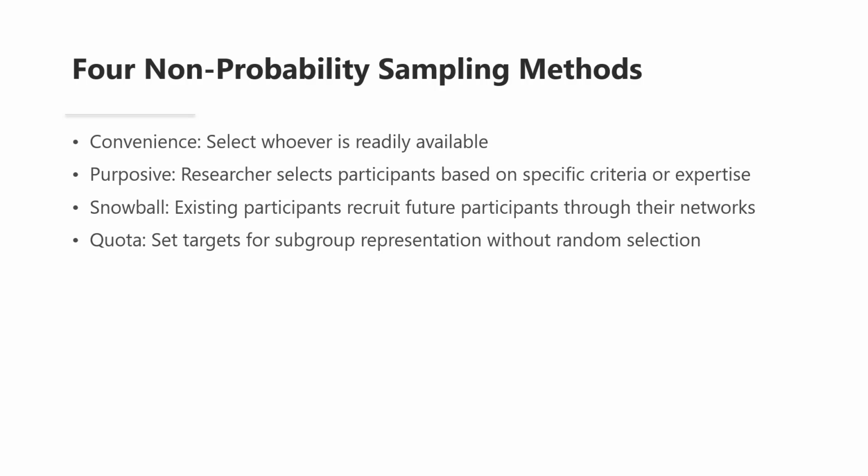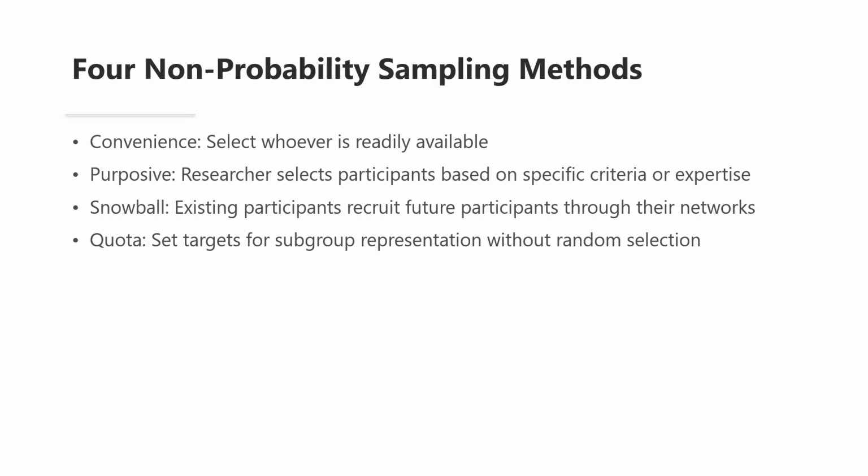Purposive sampling, also called judgmental sampling, involves the researcher deliberately selecting participants who meet specific criteria or who have particular expertise relevant to the study. For example, a researcher studying the experiences of community health workers might purposively select workers who have at least 5 years of experience in diverse settings. Purposive sampling is common in qualitative research, where the goal is to gain deep insight from information-rich cases rather than